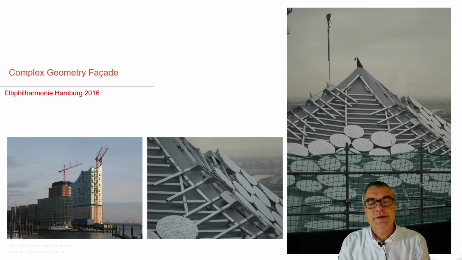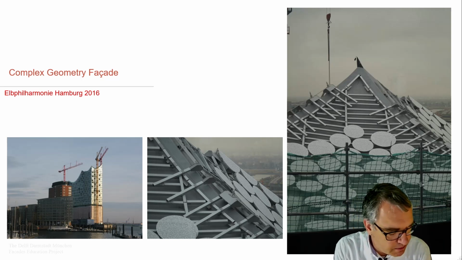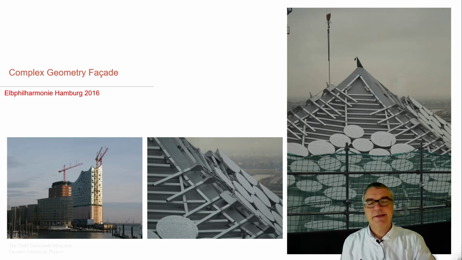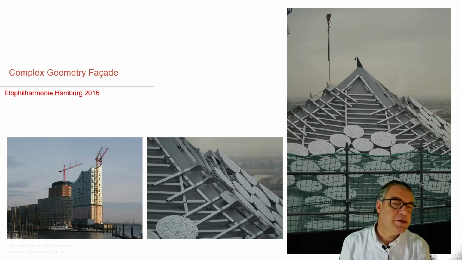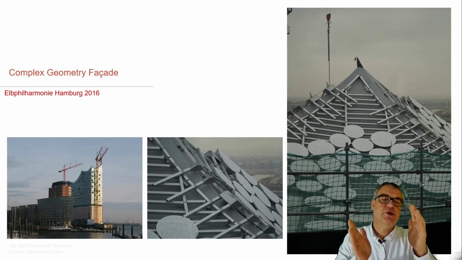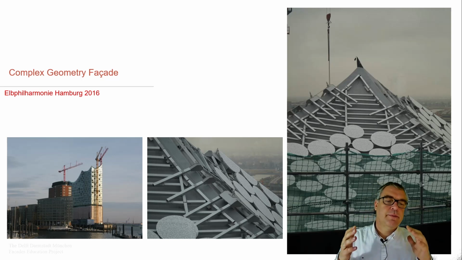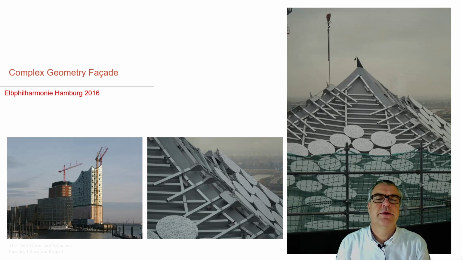When we look at these kinds of free-form geometries, we start thinking about the systematics which we always follow in facades: the outer layer has to be rain-tight, the inner layer has to be airtight, and in between this functional zone takes the loads and the insulation. We can imagine that these complex facades are not that simple to create when we have to develop a free-form skeleton structure which then needs to be wrapped.